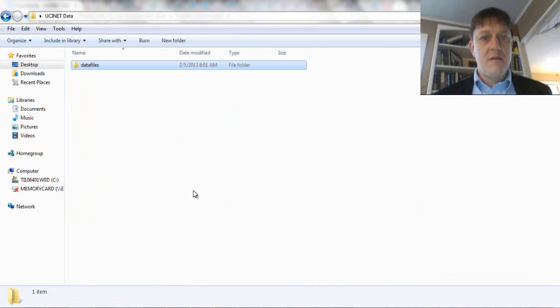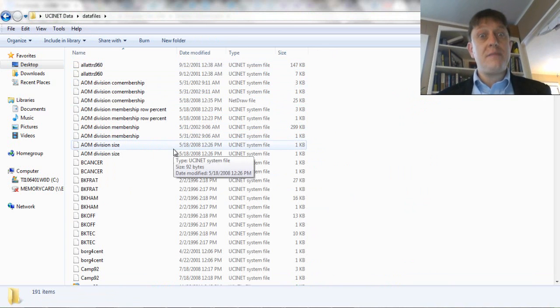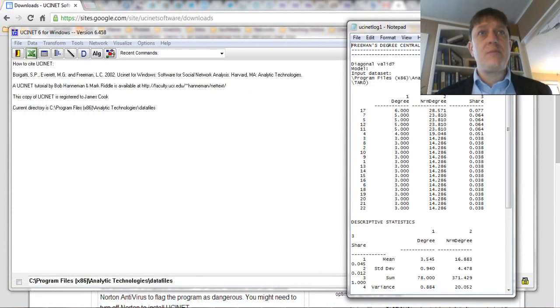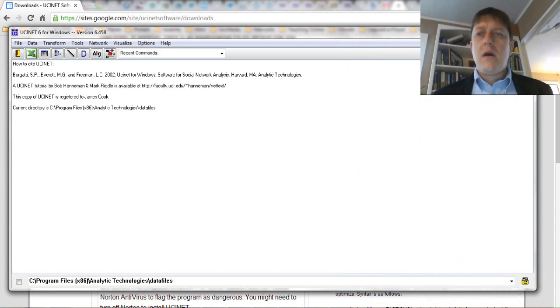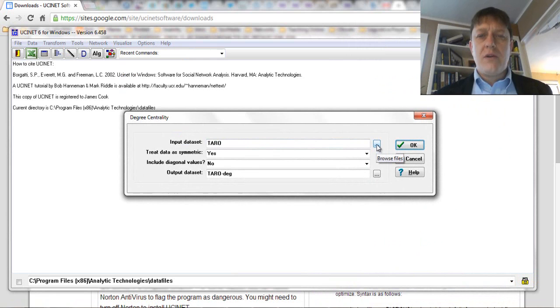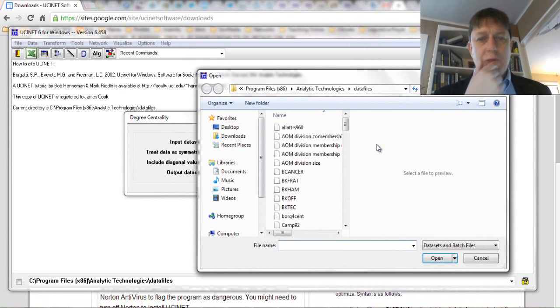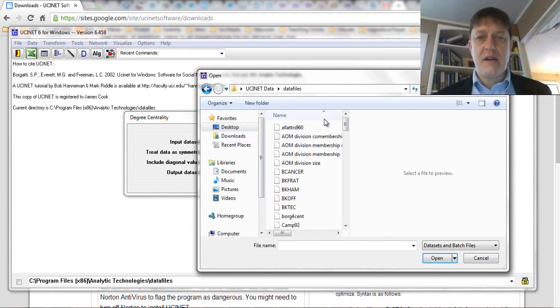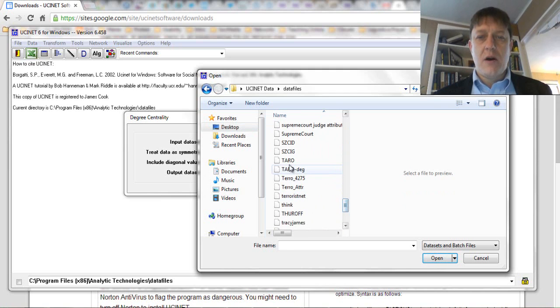I'll paste that in, data files, and now I'll have the data files in a spot that I can use when I go back, without worries about security alarms and things like that. That means then that if I want to use the same command, network, centrality, and power, degree, and I want to work with Taro, I'm going to browse for the files again, hit the desktop, and look for UCINET data, data files, T-A-R-O,